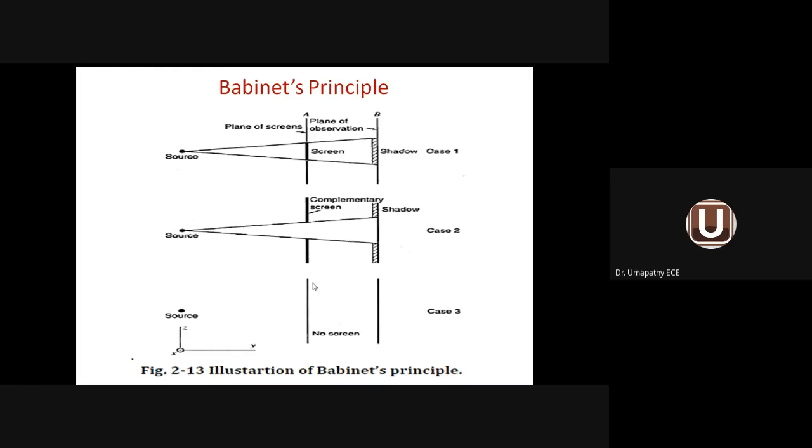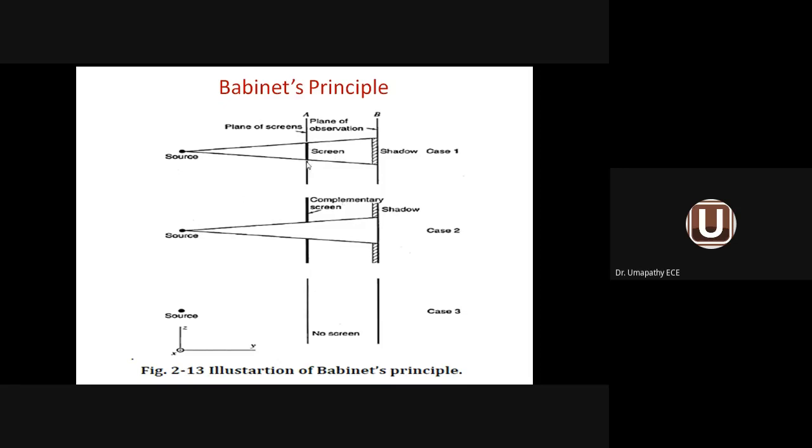We have seen the normal and complementary in the slot antenna. An infinite conducting sheet combined, slot and lambda by 2 dipole are complementary to each other. When I combine them, I will not get an antenna. When I separate them, I have two antennas, one is slot antenna, another one is dipole antenna. When I combine them, there will be no antenna at all. The same principle is available here.